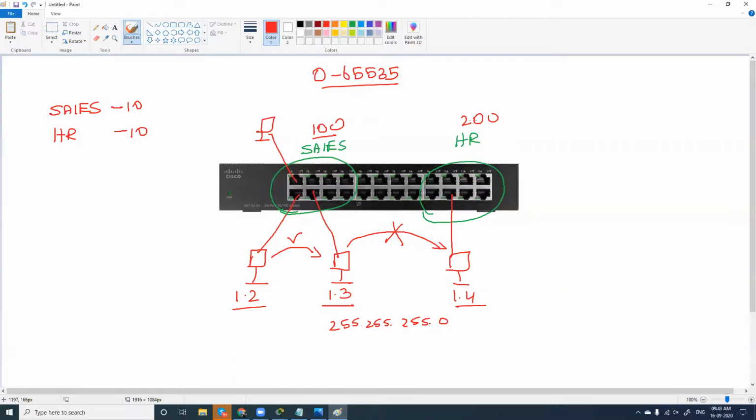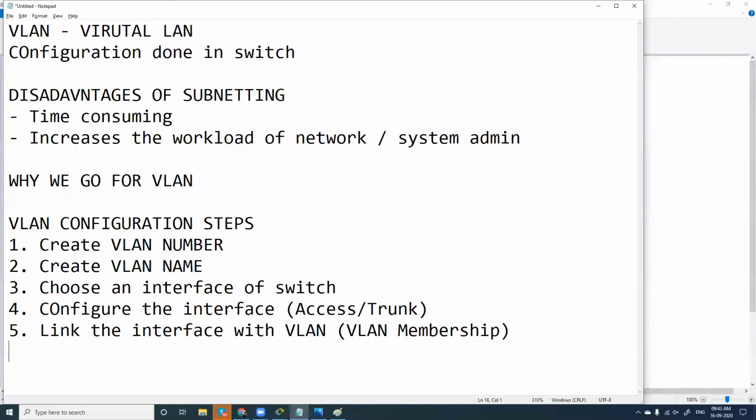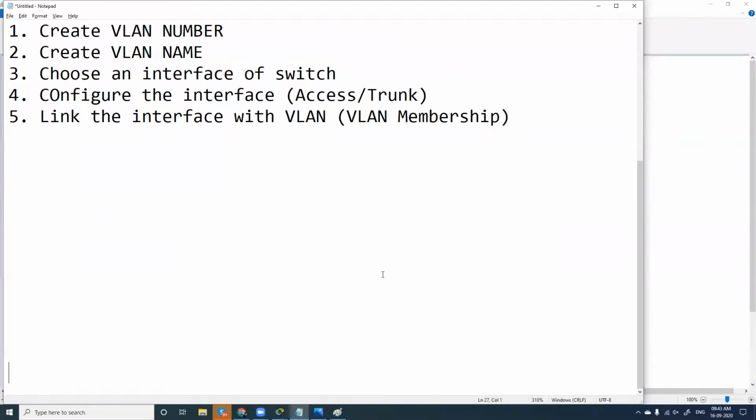Before going to my Packet Tracer, let me explain what exactly we are going to do here. This will be your to-do number 2 with regards to VLAN. We have one switch, and switch 1 will take 0/2 and 0/3.